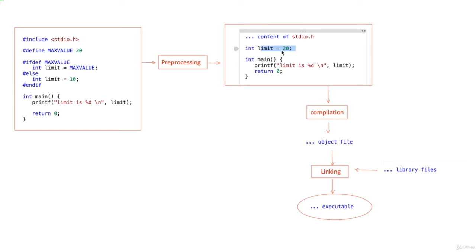So it verifies the syntax, it verifies whether the entire program is proper or not, and it prepares an object file. So that is an intermediate translation. And there will be another phase called linking, where it simply combines the libraries referenced in the program and prepares the executable. If you look at the printf definition, the entire definition need not be in the program, but it should be there somewhere in the library. But its declaration will be there in stdio.h. Based on that declaration, the compiler will say whether this particular line is right or wrong.